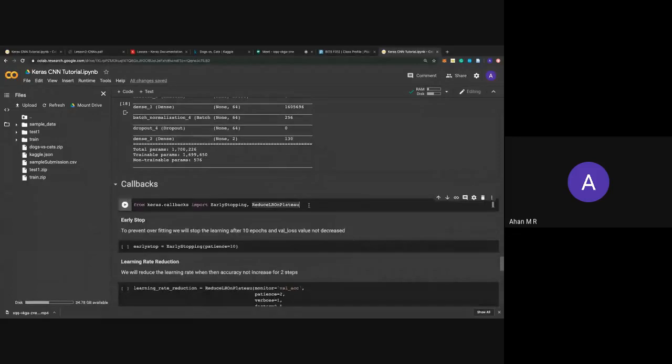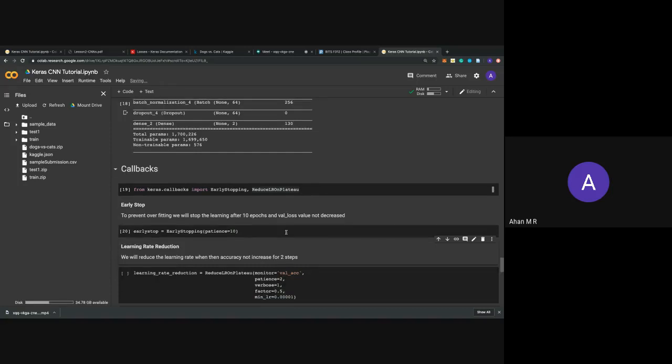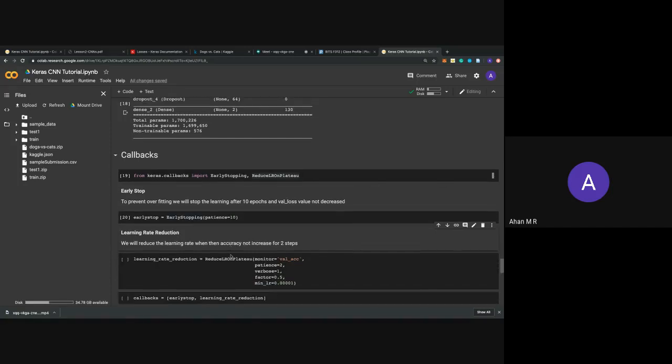Callbacks. Last time we covered early stopping. So early stopping, as you know, is that in case your loss is not actually reducing after n epochs, that is your patience level, then you stop your model there and you move ahead. Now there's something called learning rate reduction. It is important because most of the time the learning rate is given manually, and you don't really know how to set the learning rate.